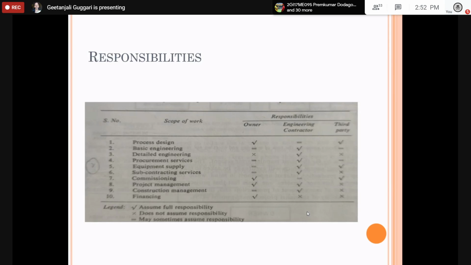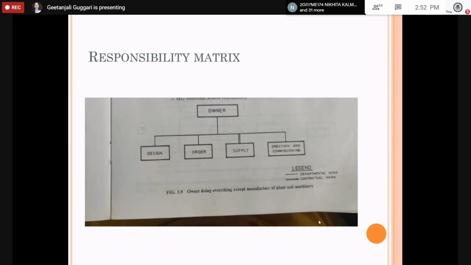So that means what responsibility you want to delegate to the other parties who are involved in the work. You need to give that clear indication so that it becomes easy to go ahead with the project. This itself they have shown with the